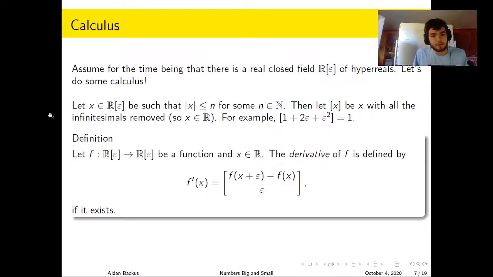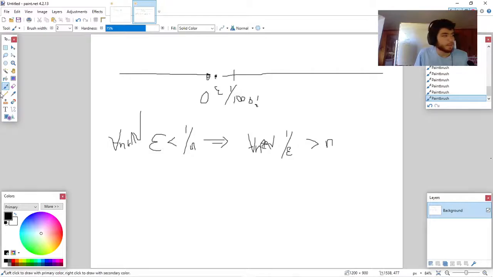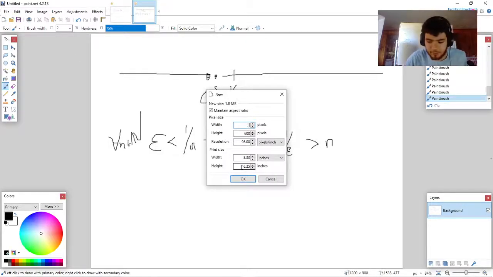Okay, so that being said, we can now define the derivative of a function on the hyperreals. Its derivative is the standard part. f prime of x is the standard part of f of x plus epsilon minus f of x, all over epsilon. A nice exercise in real analysis would be to check that this definition agrees with the usual definition of a derivative if f is just a function of real numbers rather than hyperreal numbers. All right, so let's work out the derivative of f of x equals x to the n. It's actually going to turn out to be very easy.